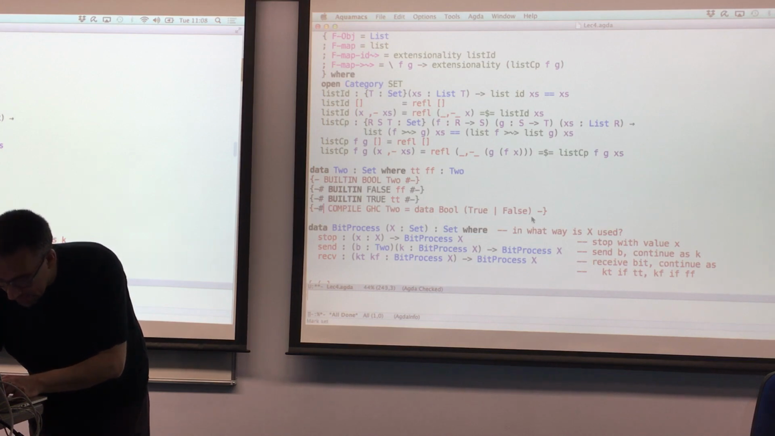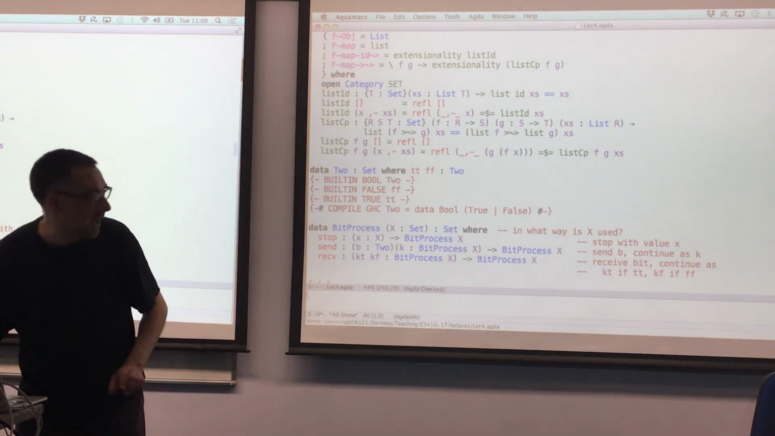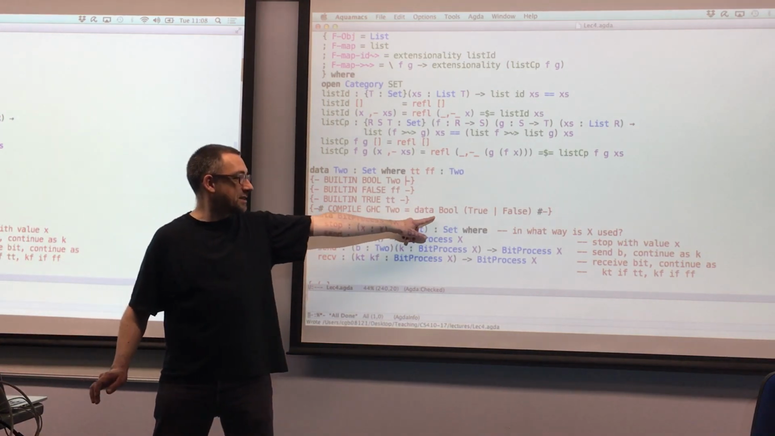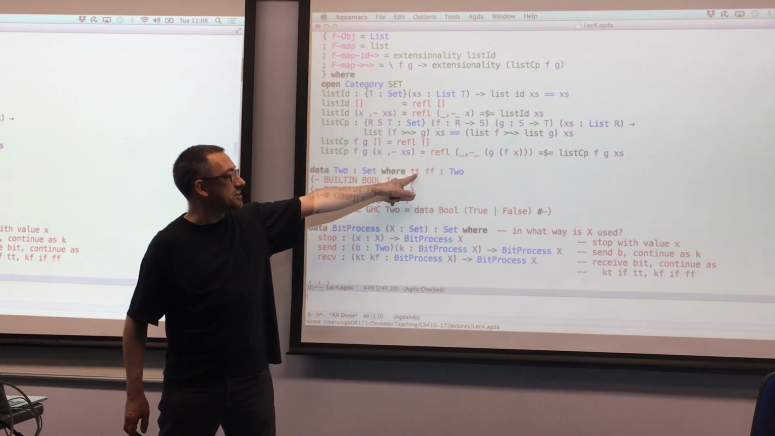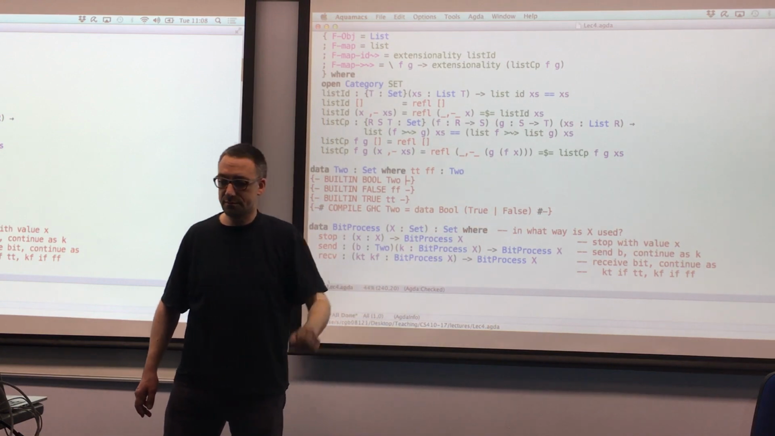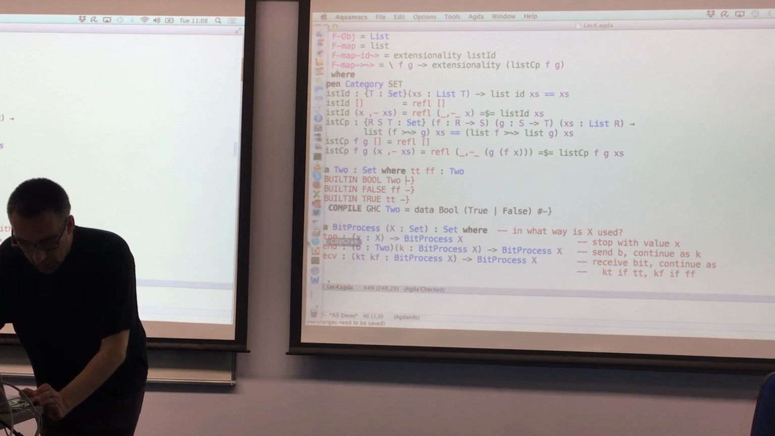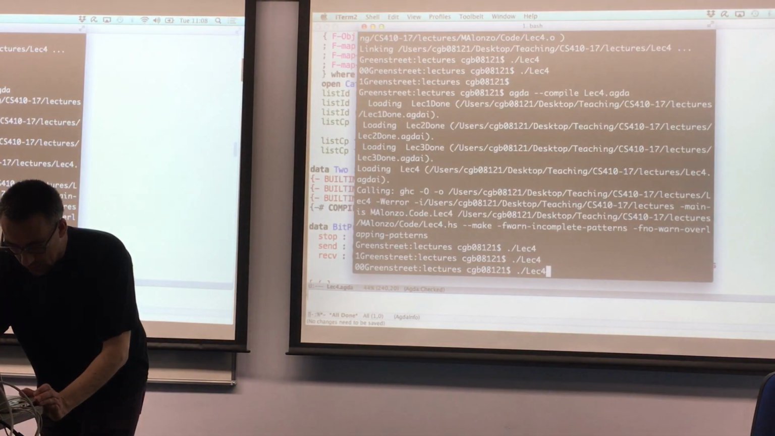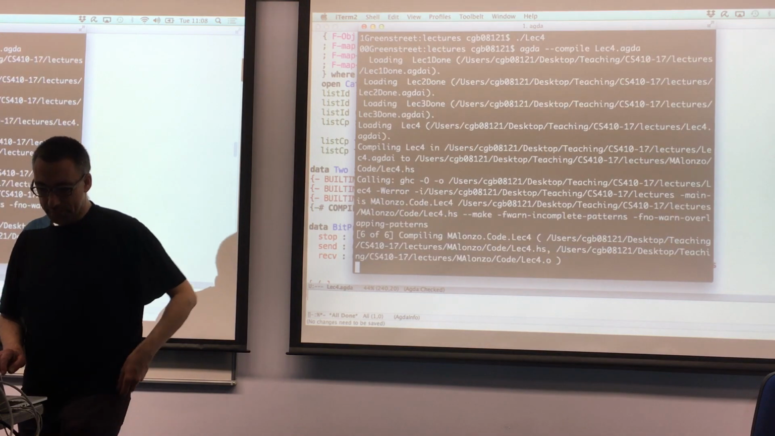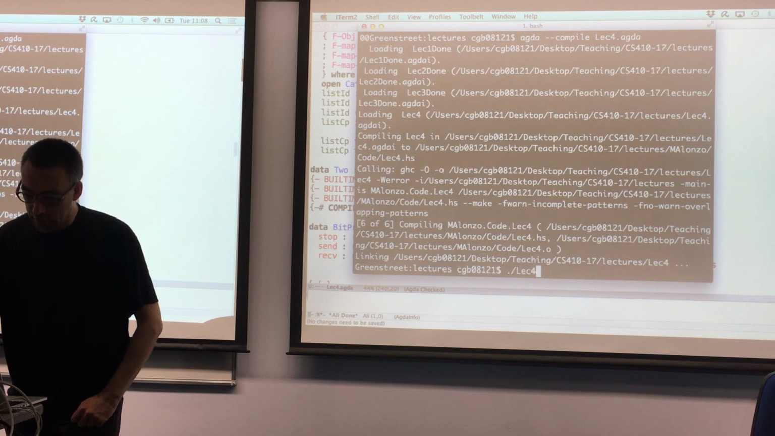which is directly to say exactly how GHC should compile my 2 type. In particular, that it should map my 2 type to the Haskell data type bool with the constructors TT and FF mapped to true and false respectively. So that's fine. And now I better recompile. Recompile. And now, when I run the program,